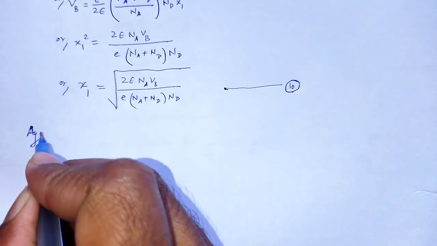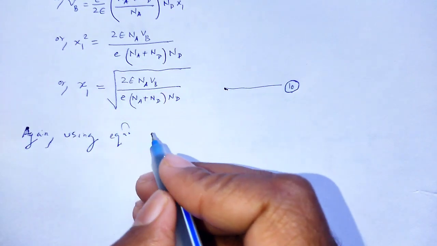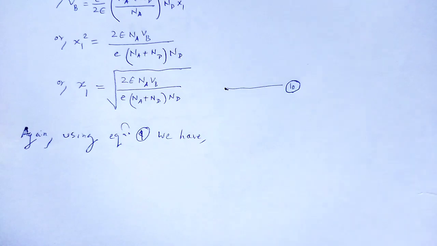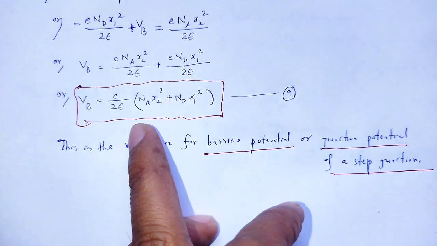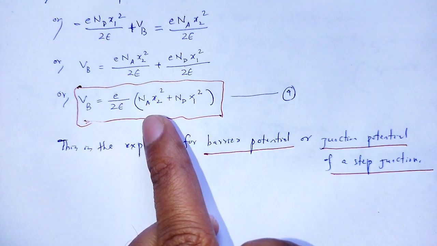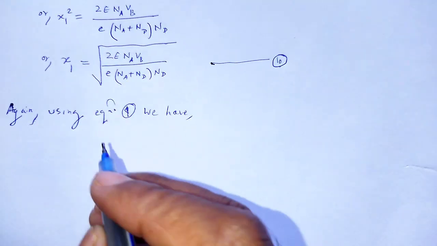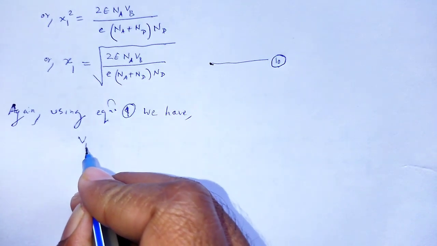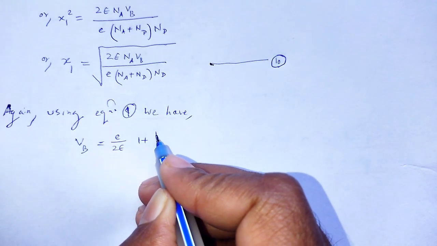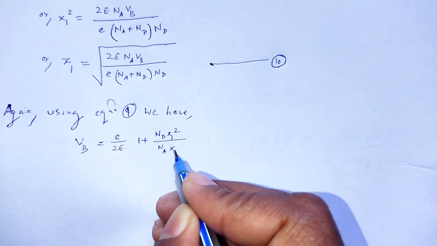Again, using the same equation, using equation number 9, we have that equation number 9 further written as, by dividing Na x2 square and multiplying Na x2 square, V of b is equal to E by 2 epsilon 1 plus Nd x1 square divided by Na x2 square